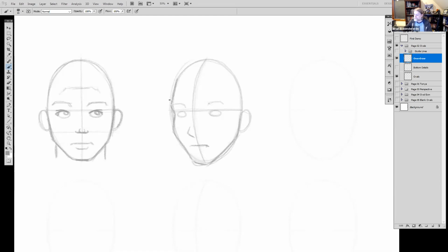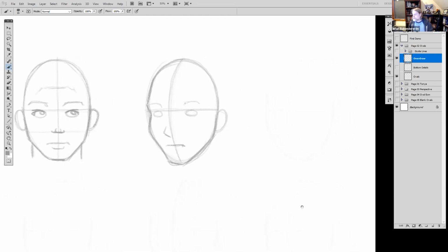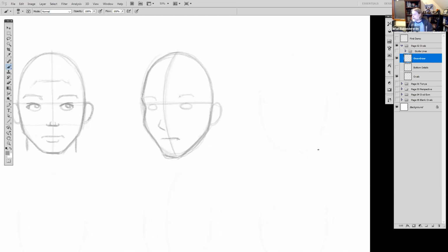Now I'm doing very sort of cartoony characters. That's what I do. So I don't do super realistic stuff, and that's okay. You might want to draw characters that are even more cartoony, but the oval is still a good foundation for you to start with. And then I'm going to do one more here to show you how this works for